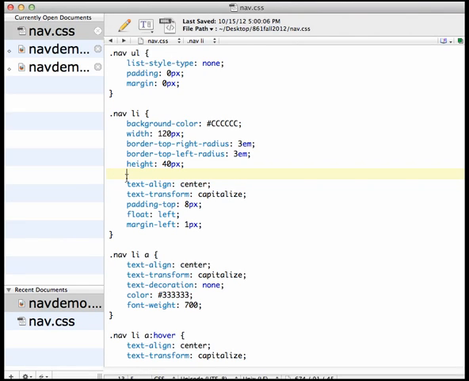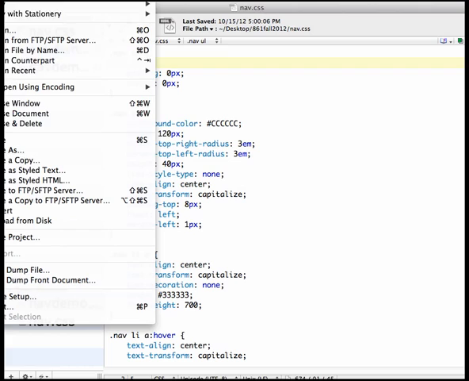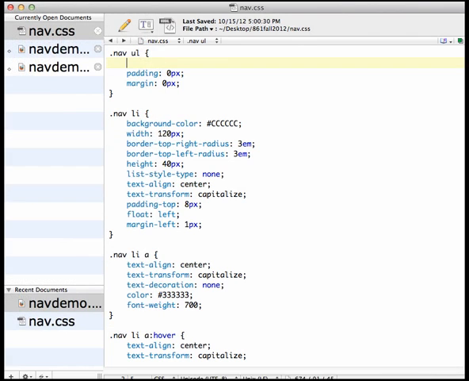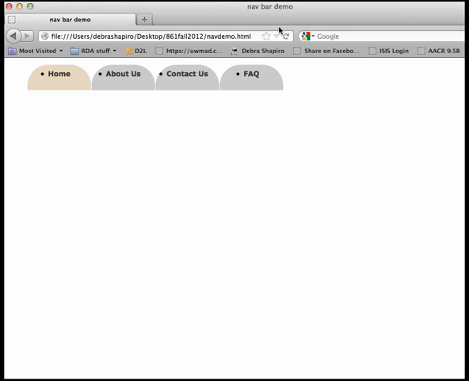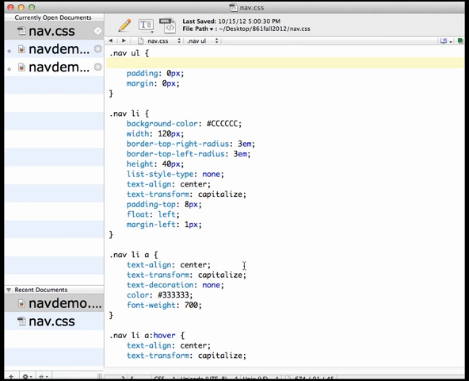Actually, let's try taking it out on the UL and see what happens. They probably both have to have it. Let's see. All right. Refresh. No, just the list items themselves have to have no bullets. So then if we go back and look at a little bit more,